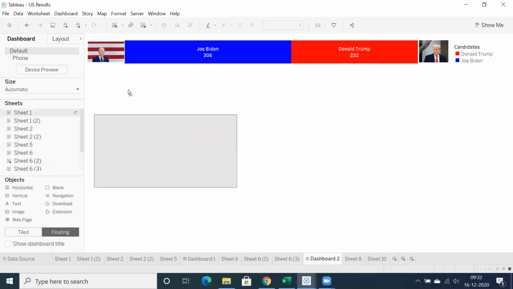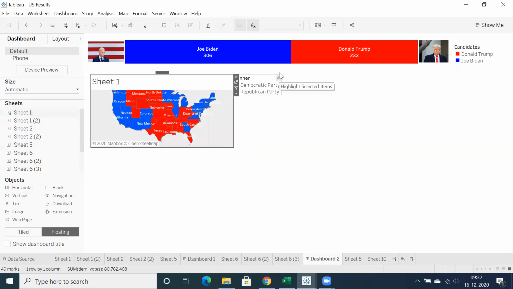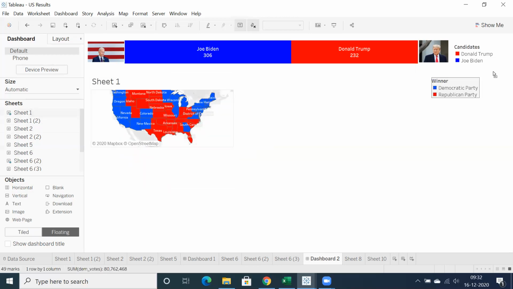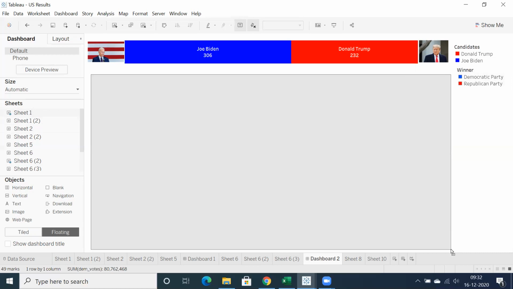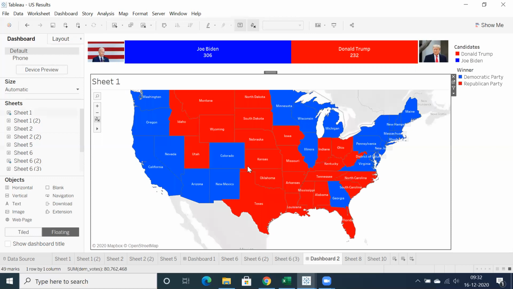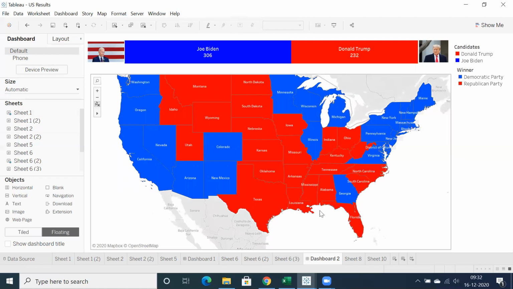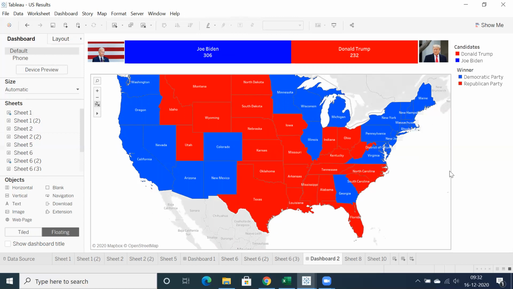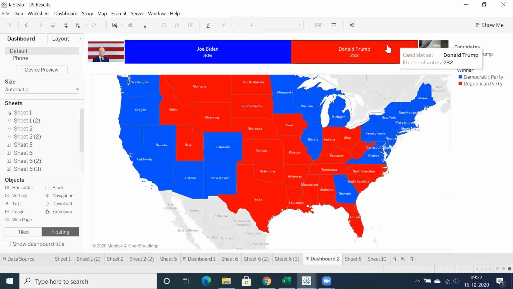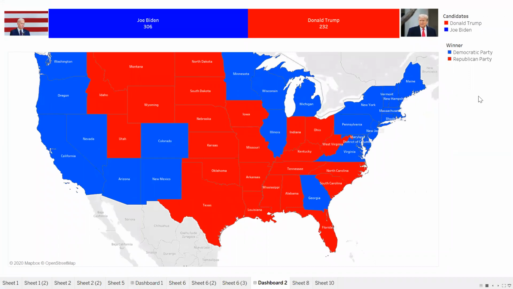Let me use floating. That's it. So based on the color, you can identify those candidates and winning states, and you can differentiate that. This is the dashboard I want to build, and I just want to do some more formatting. Clear?